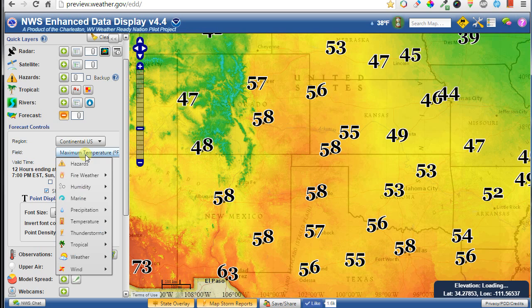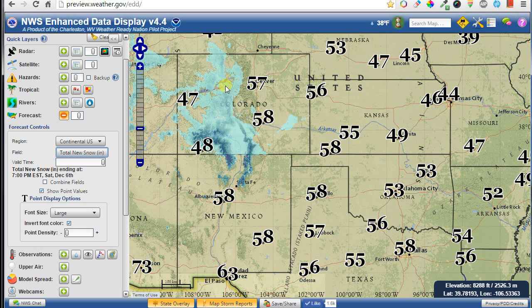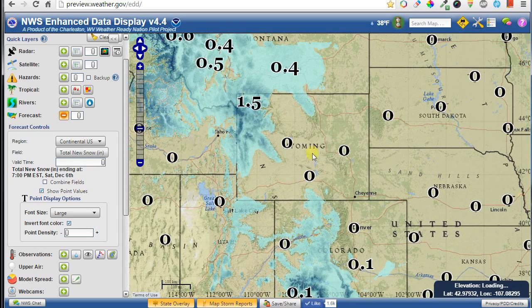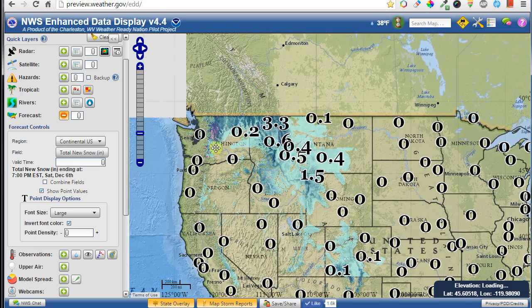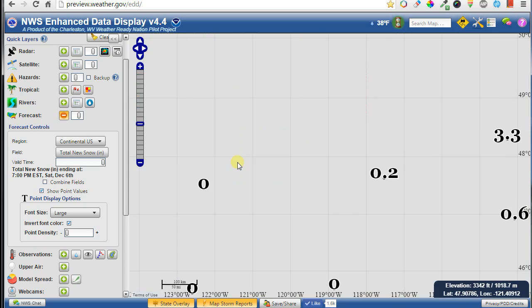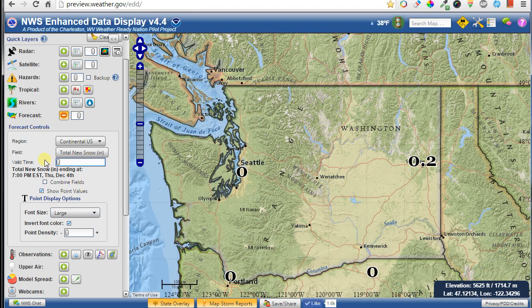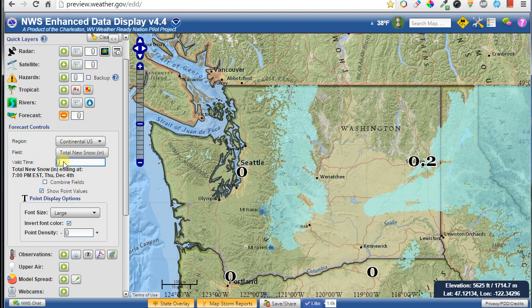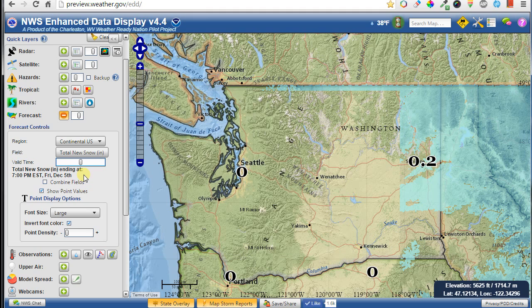One thing that most people are really interested in is how much is it going to rain in the next couple days, or how much is it going to snow. So I'll flip to the total new snow grid here. And what this does is it accumulates the snow throughout the period. So for instance, there's a lot of really large values up here in the Pacific Northwest. And if I start at the very beginning, you won't see a whole lot of snow show up. But as I add periods on to the end of that, it'll start accumulating it, and you'll get a running